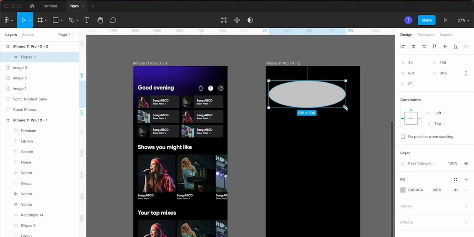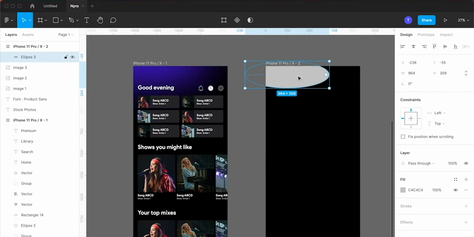Please note that when you hold down the shift key, you can resize the ellipse in constant proportions. But if you release the shift key, you can do it irrespective of the proportions. Now let's reposition this ellipse. With the ellipse layer being selected, you can press I on your keyboard and a small magnifying glass will pop up with the color picker tool selected, simultaneously showing you the hex code of the color which is going to be selected. Now I sample the color from the reference screenshot, and here you go. The color of the ellipse layer is now changed.